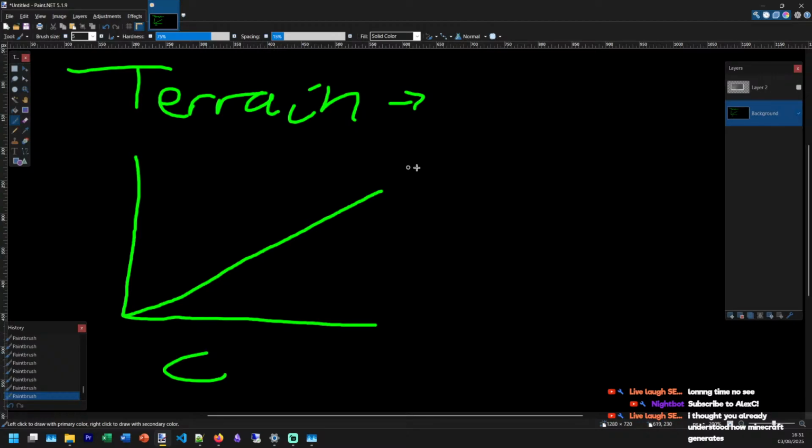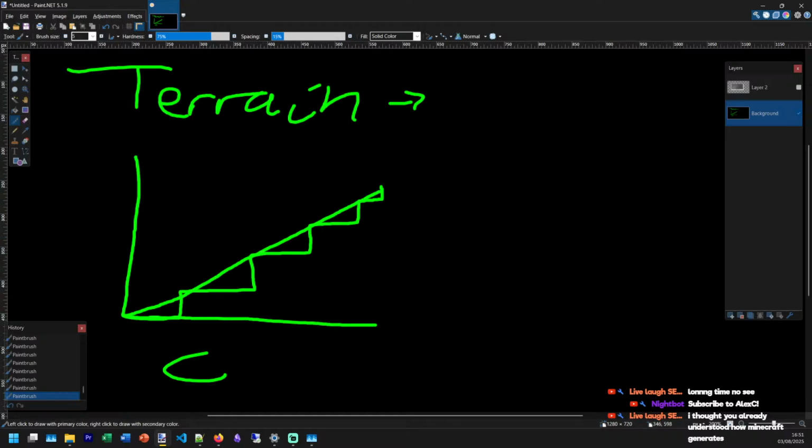From what I'm gathering here, what's going on is that for the terrain we're having a nice steady graph. But for the biomes it's more of this kind of thing. It has to get exactly 5.